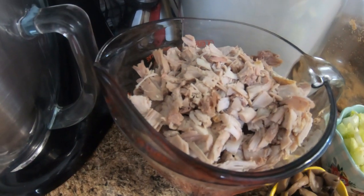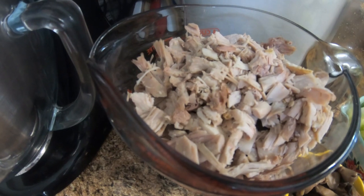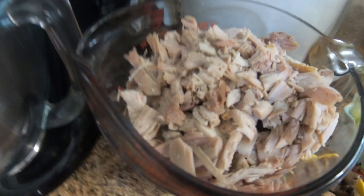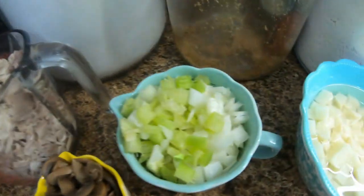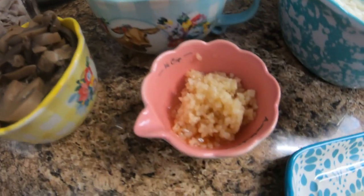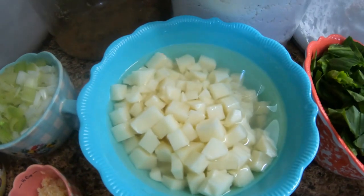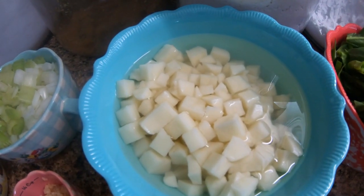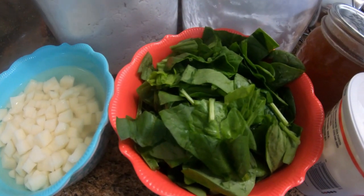You'll need 4 cups of chopped chicken or turkey. I have turkey. Doug brined a turkey and baked it this weekend, so we're going to use the leftovers. 1 cup of mushrooms, 1 cup of onions, a half a cup of celery, 3 cloves of minced garlic, 1 to 1.5 cups of potatoes chopped, 2 to 3 cups of spinach chopped,